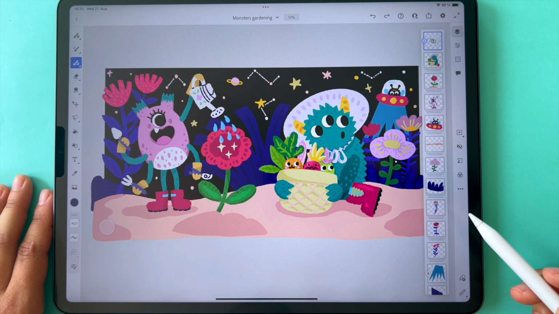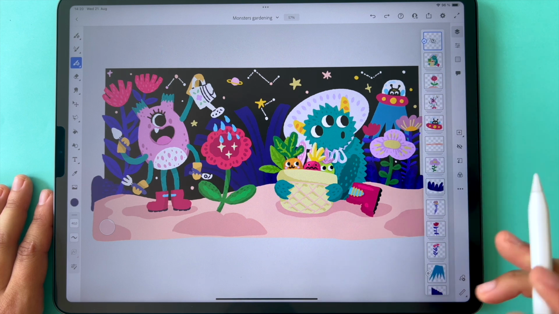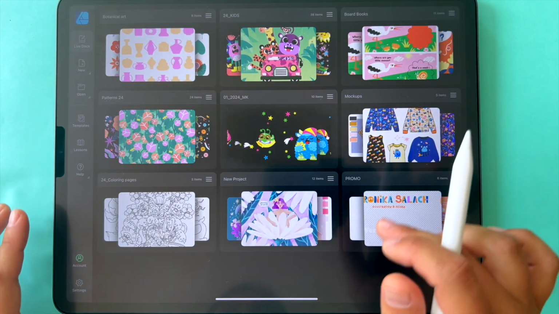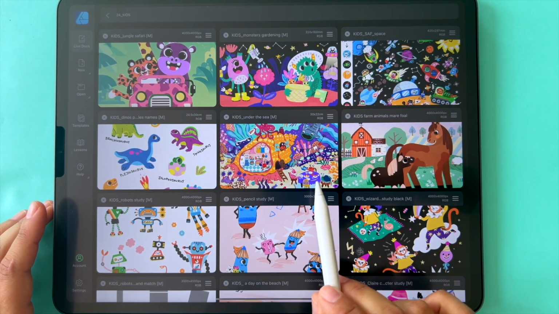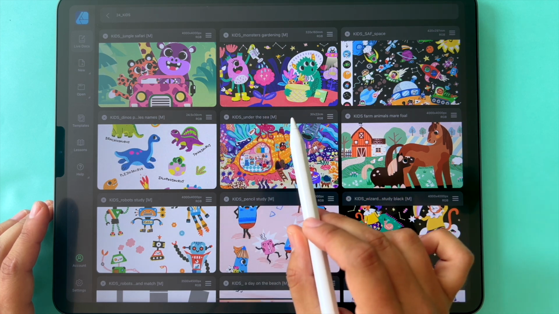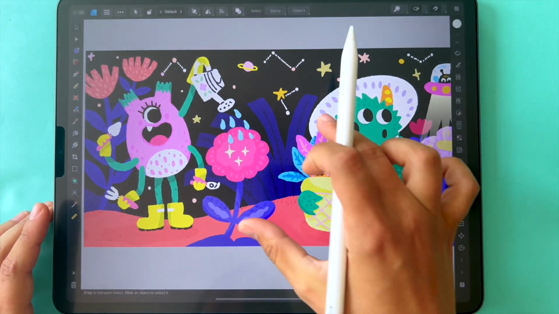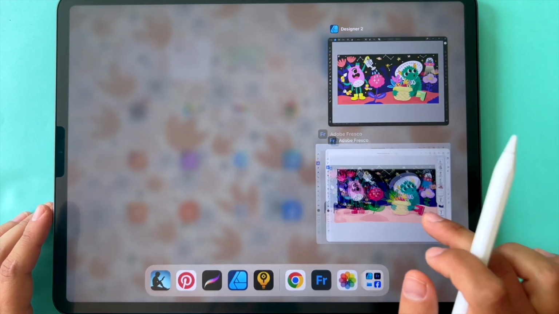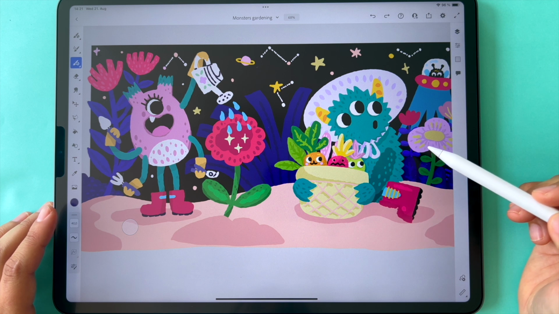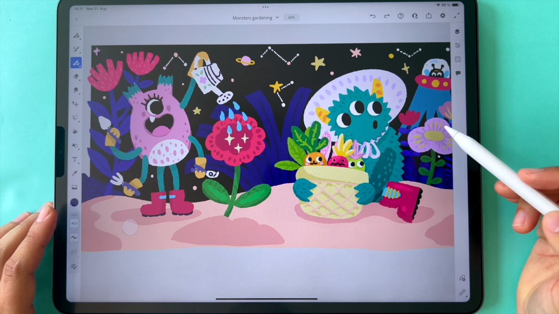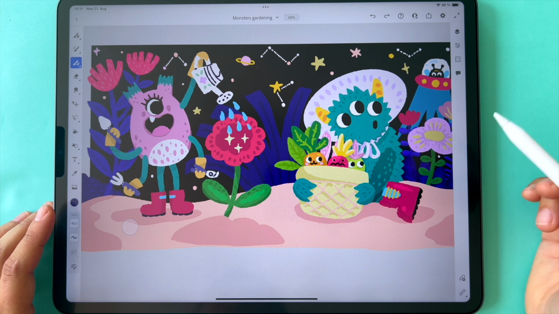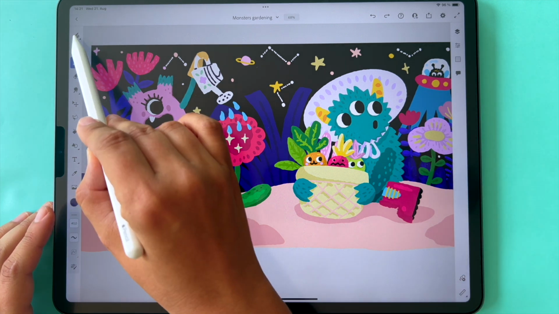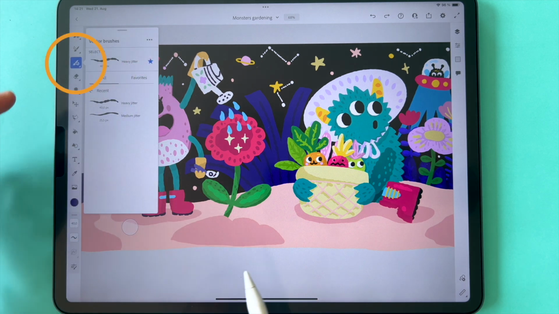So it's a little bit more limited, maybe because I have the free version, compared with Affinity Designer. And actually, I started this monsters illustration in Fresco, but then, ta-da! I brought it to Affinity just because the interface is a little bit simpler. You have fewer options, but maybe it's even better for beginners because you might not feel as intimidated compared to the Affinity Designer. What I like about it is that it also has vector brushes, which you can access here,